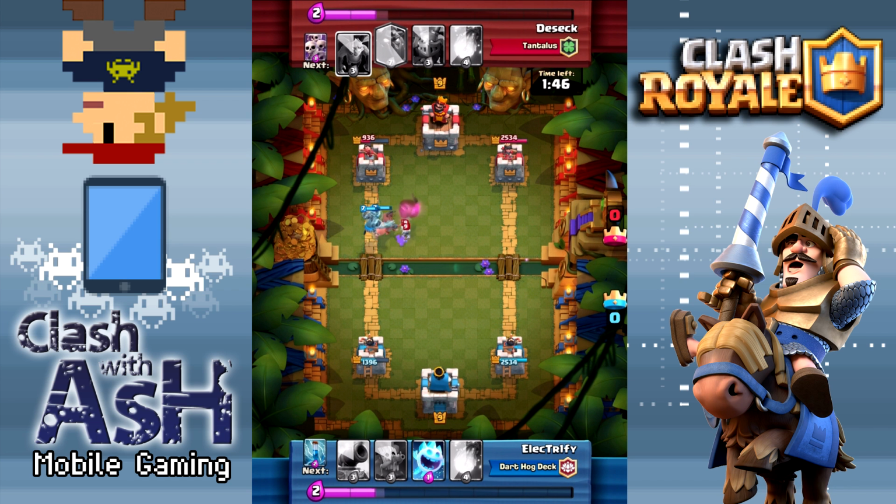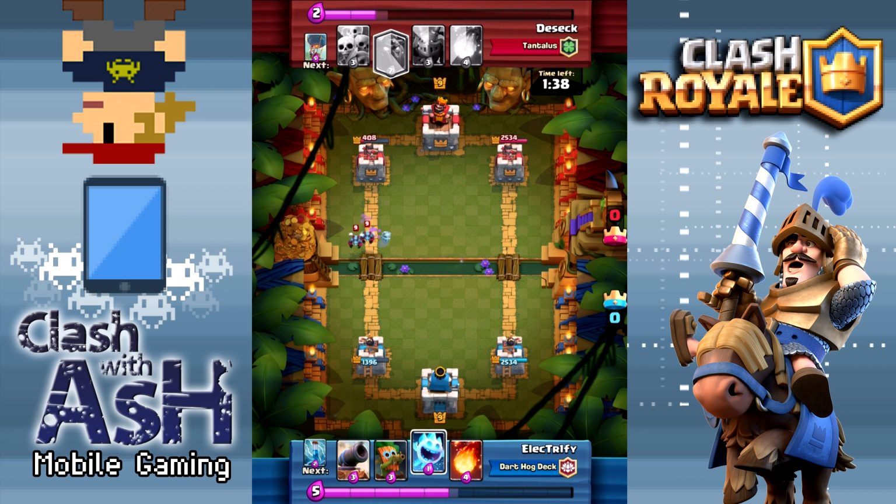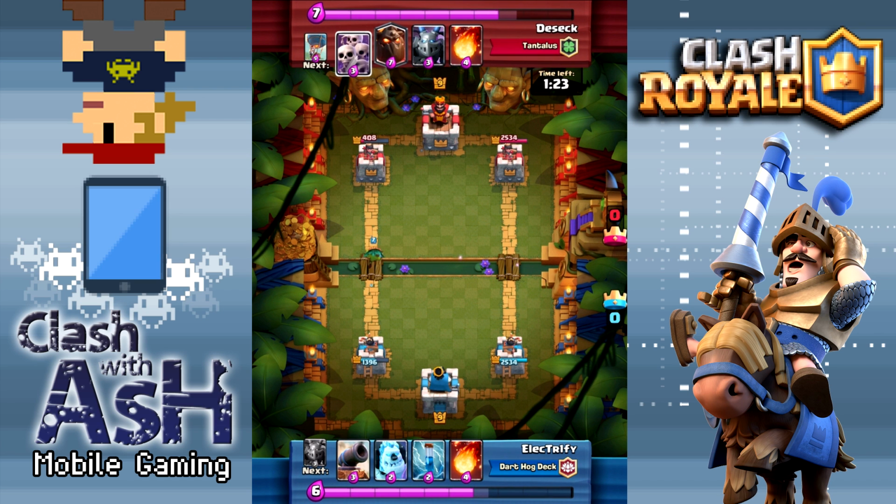So here on this third replay, guys, I'm going to go ahead and show you Electrify versus a Lava Loon deck, and Lava Loon is starting to creep up everywhere lately. It's really dominant in the game. Lava Hound decks are actually more popular than they've ever been, especially in mid-level arenas and under tournament level standards. Of course, if you're talking Legendary Arena, not super popular unless you're in the top 200 or you have a